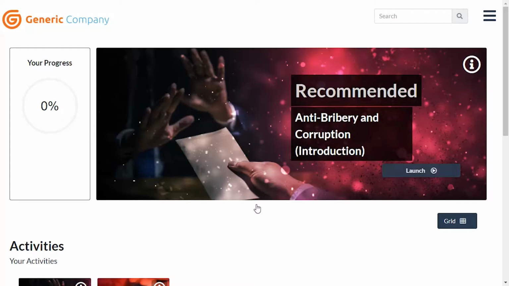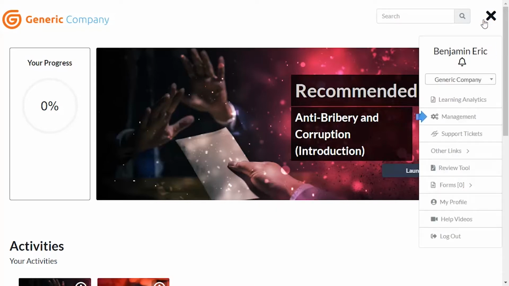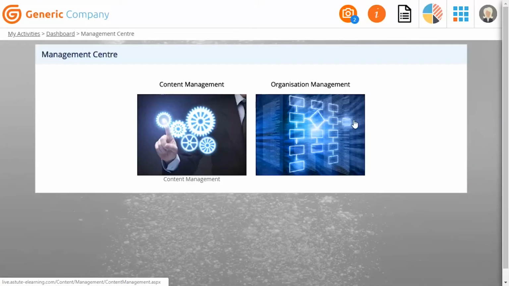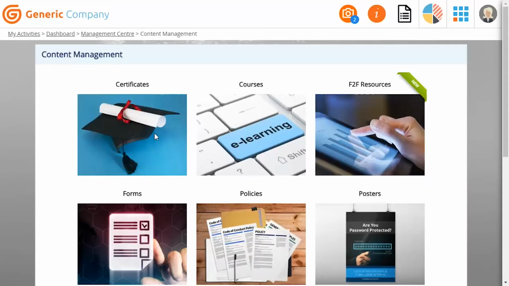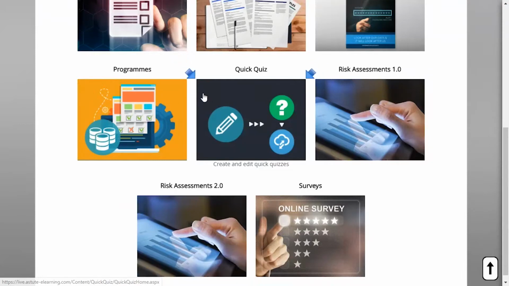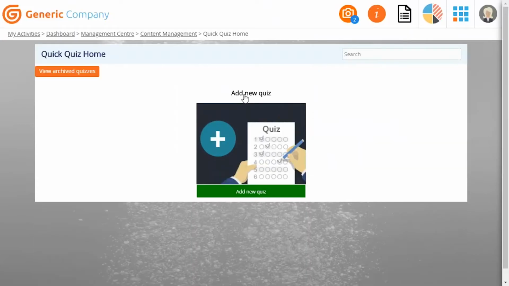To get started, select the menu icon in the top right corner. Then select Management from the drop-down, then the Content Management tile. And finally, select the Quick Quiz tile. This screen lists quick quizzes already set up. We don't have any set up yet, so we'll select the Add New Quiz tile to start the Quick Quiz